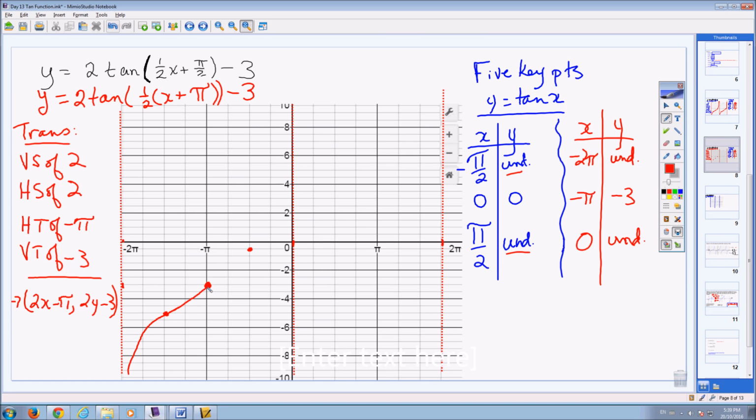And remember, it's going to come close to the asymptotes, but never reach. And we can repeat that over here. So halfway between my 2 asymptotes, down my translated value of negative 3, grab a new point, my inflection point. Halfway between my inflection point, down 2 because of my stretch, 1, 2. From the inflection point to the right, halfway, and then up 2, and draw in